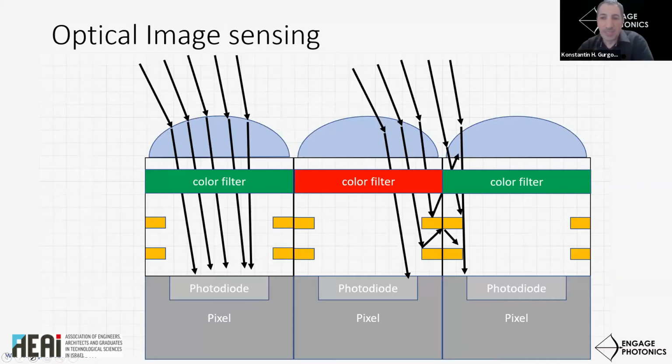So the optical image is a continuous distribution of light, and it is sampled by discrete pixels. One object point may have its rays concentrated nicely into a pixel. Another one may not be so lucky, and its energy would spread across neighboring pixels. To improve the light coupling into the pixels and compensate for chief ray angle, there is an array of micro lenses above the pixels, which is part of the image sensor. To generate color images, there is also a color filter array below the micro lenses.